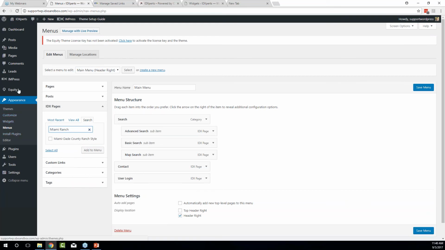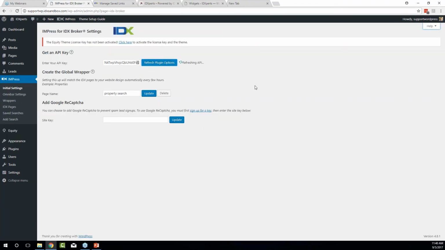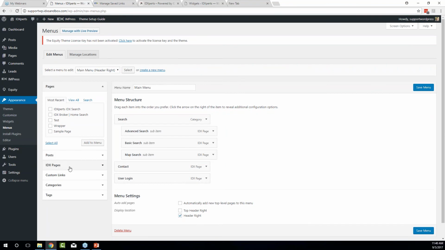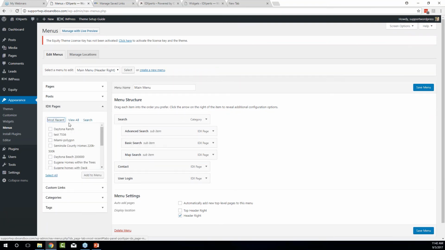So let's go back into Impress Initial Settings, click Refresh Plugin Options, and go back to the menus. Go ahead and search for that again. Alright, so in this case, for some reason it won't pull in my saved link, which is an issue I will look into,